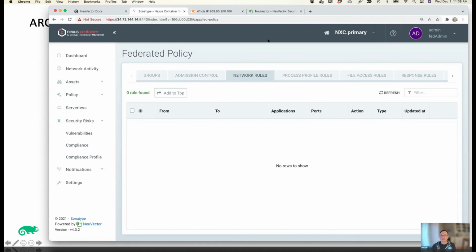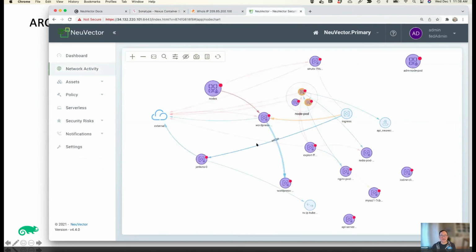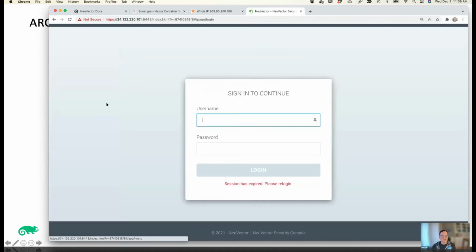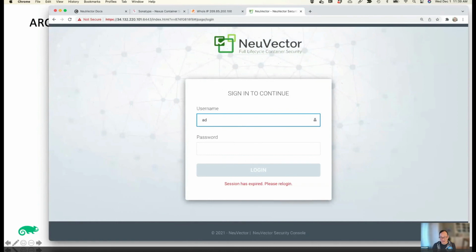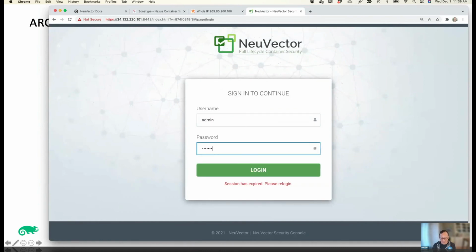I guess the last thing I'll just highlight real quickly is a new release of NeuVector and Nexus Container that came out today, 4.4. It's got a little bit better display graphics for some of the screens that we talked about. And it's got something called a vulnerability configuration assessment capability.